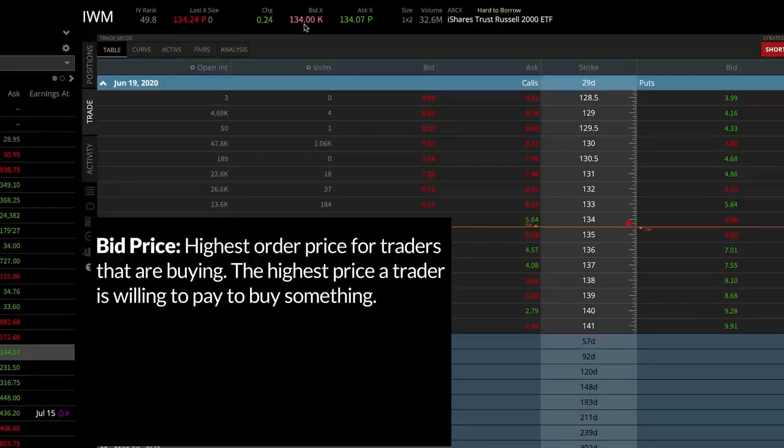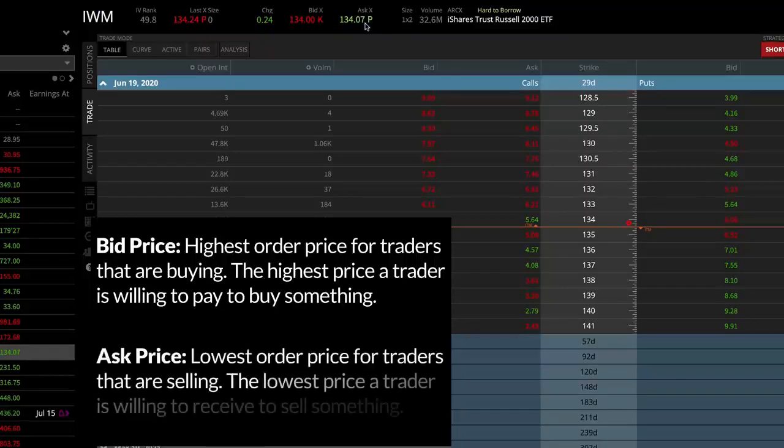This means that the highest price a trader in the world right now is willing to buy a share of IWM for is $134. And then we have the ask price. The ask price is the lowest price somebody is willing to sell something for. So right now the ask price says $134.07, and that means the lowest price somebody is willing to sell a share of IWM for is